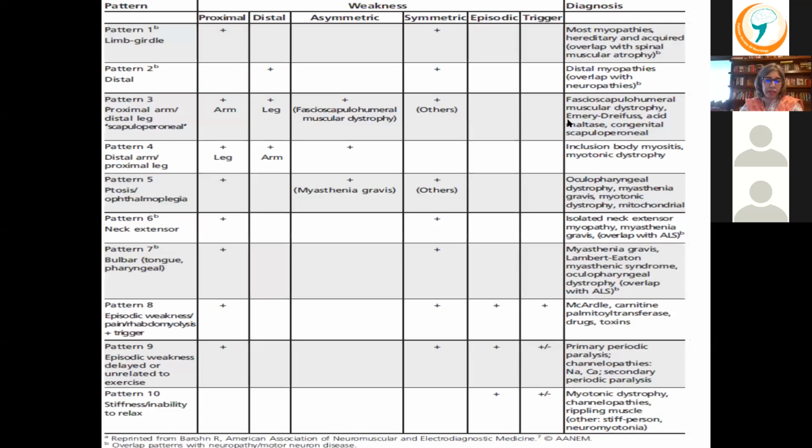Now, this is the big table that we go by in clinic. These patterns of muscle weakness have been described by Robert Barohn, and he has written extensively on this. I will only be discussing the first 4 patterns today. If you go through the 10 patterns, the most common one is the limb girdle pattern, which is most myopathies, and there's some overlap